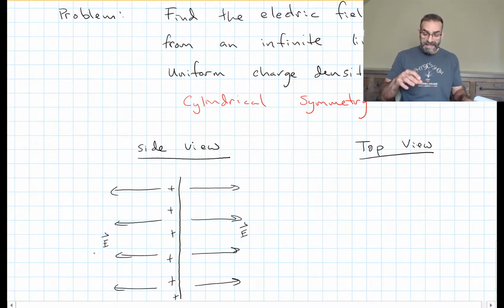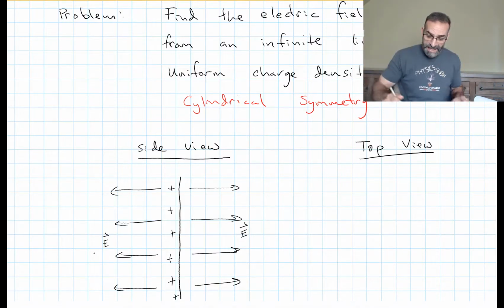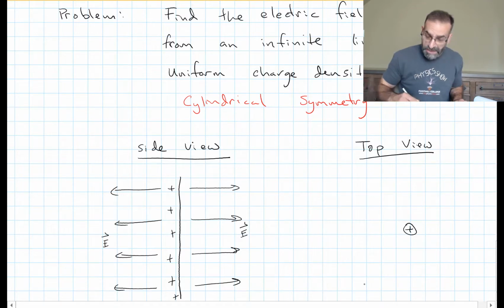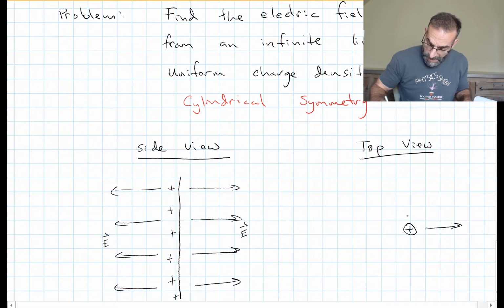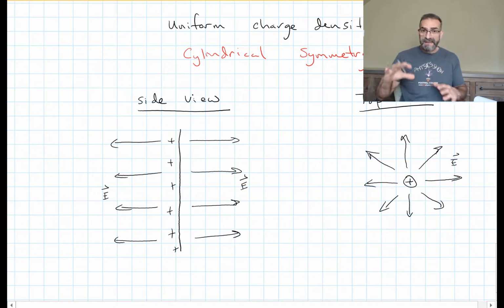If we rotate this by 90 degrees and look down the end of the line charge, what do we see? There's our line charge, and we see the electric field lines coming out like this. So we have some cylindrical symmetry here. It's like a cylinder. If we pick a Gaussian surface that matches this symmetry, then maybe we'll have easier integrals